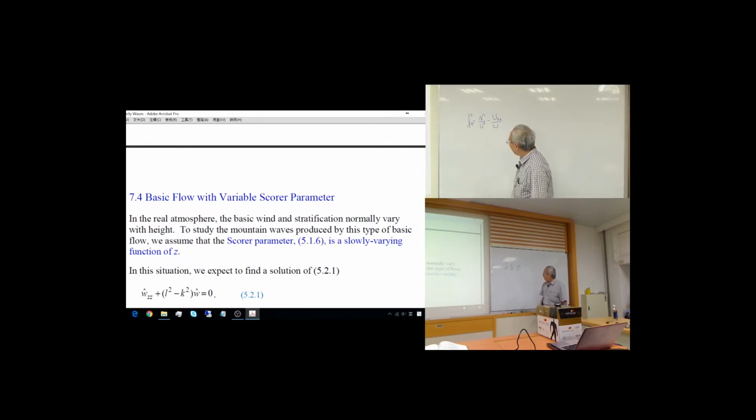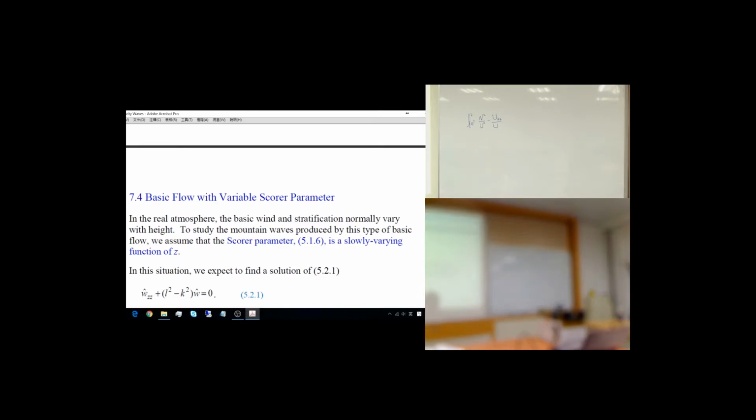And in general, when you have this, if the variation is large,